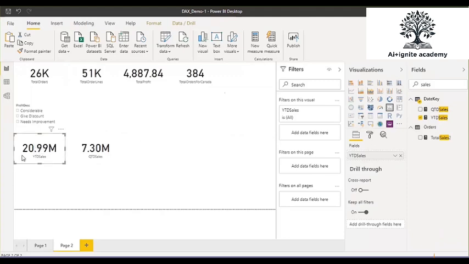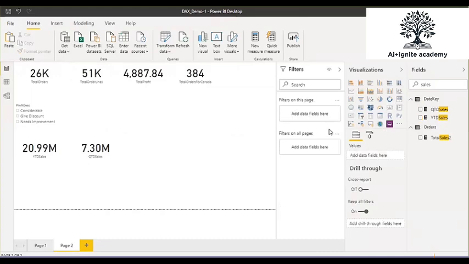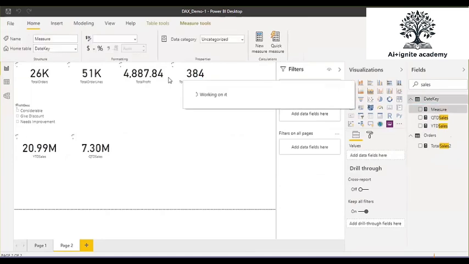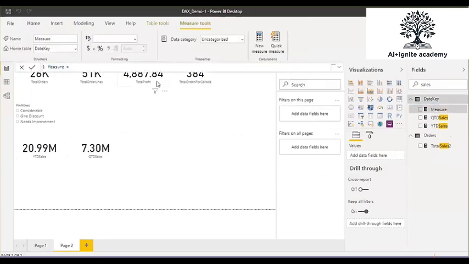So let's evaluate this YTD sales. For that, create another measure. A measure you can create in any table. So this is my last year sales, or I can write last year YTD. Here, we want to evaluate this measure based on a filter, and the filter is the same period last year.